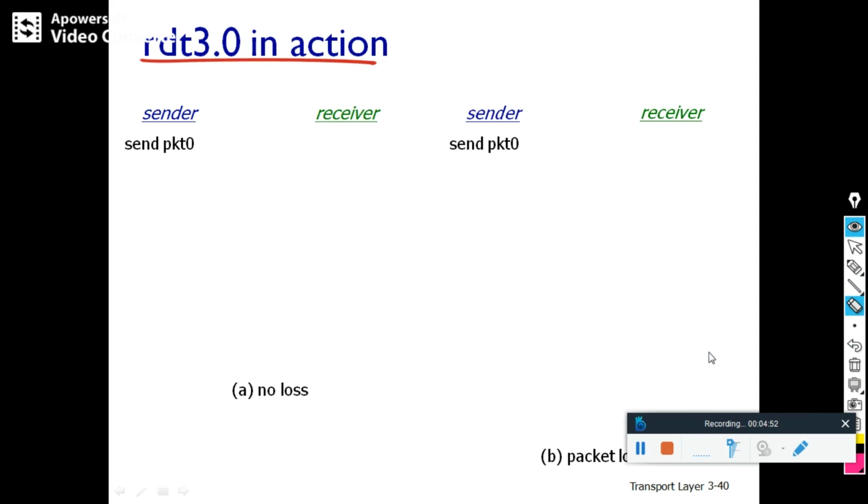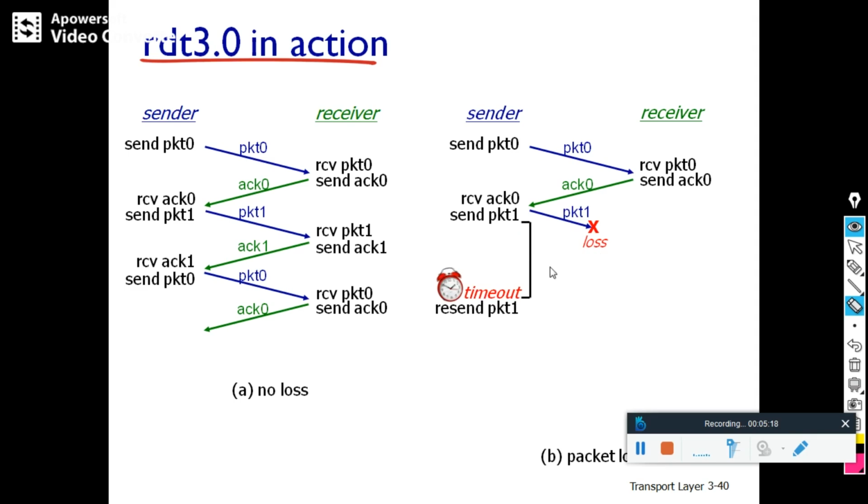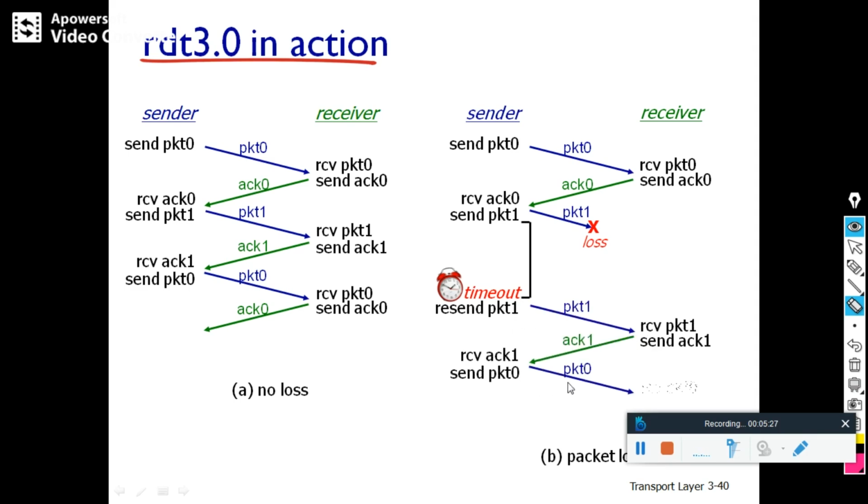Now we will see the action, for acknowledgement loss, packet loss or duplicate packets. We will see them one by one. First, the sender sends the packet, the receiver receives it and sends the acknowledgement, and the sender sends the next packet. Fine, this is no loss. Here packet 1 is lost, so you will not receive the acknowledgement. You wait for the acknowledgement, then resend the packet, and then you receive the acknowledgement. Fine, proceed once again. That is one scenario: no loss, and loss of a packet.